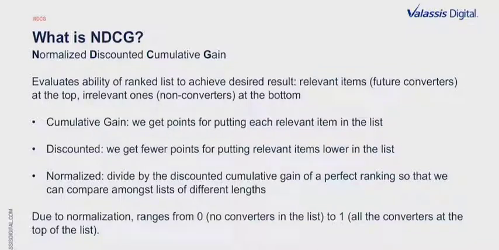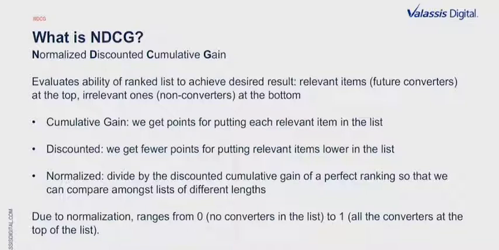By cumulative gain, I just mean we get points for putting each relevant item in the list. And for discounted, I mean we would get less points if the relevant items are put lower in the list. So basically, we're discounting by the position of relevant items. And if we just use discounted cumulative gain, you can imagine it's easier for a longer list to have more